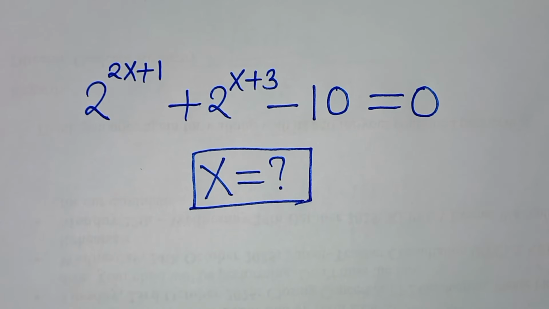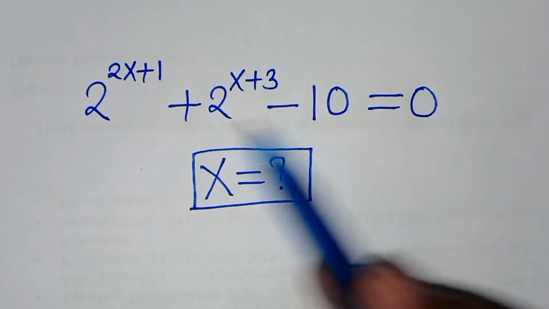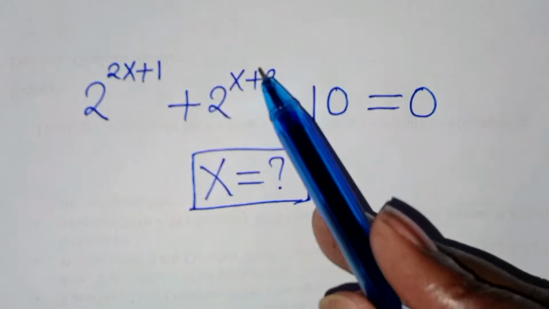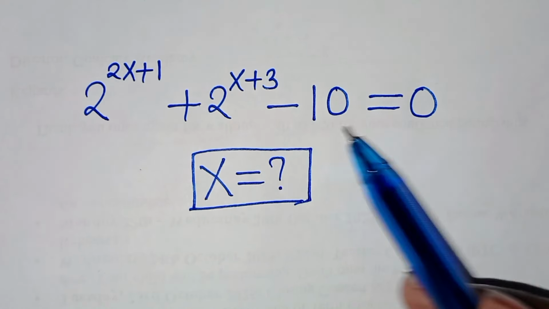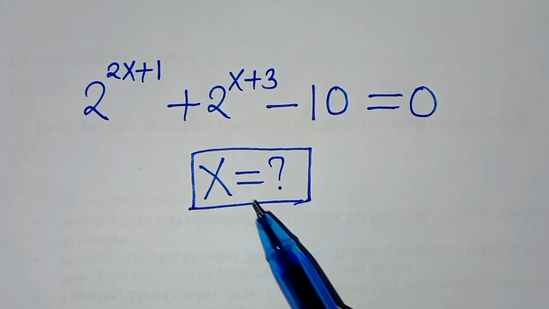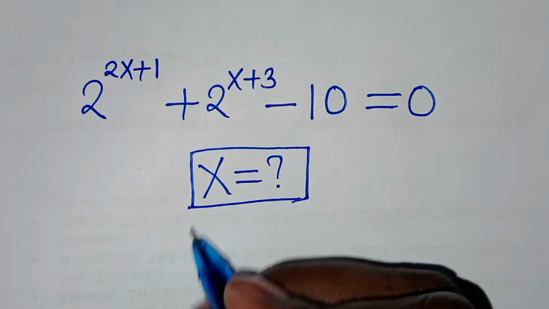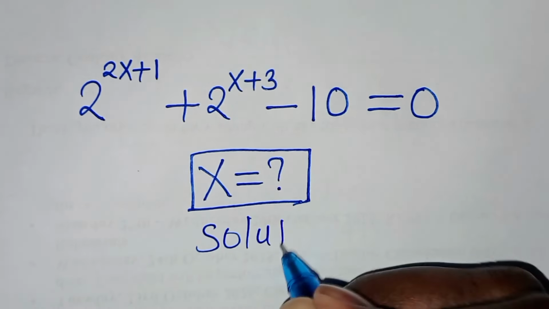Hello everyone, you're welcome to solve this nice math problem, which is 2 to the power of 2x plus 1 plus 2 to the power of x plus 3 minus 10. This is equal to 0. So what is the value of x? From here, we have to provide a solution,